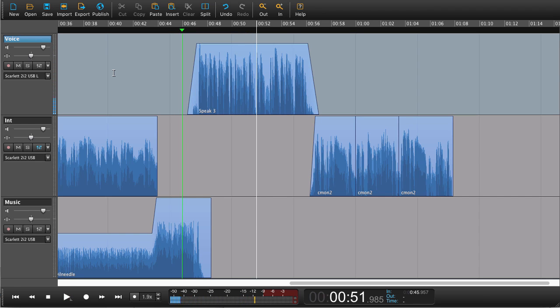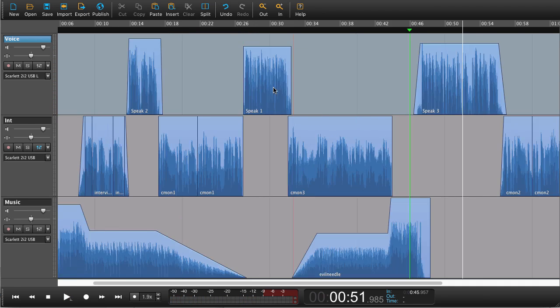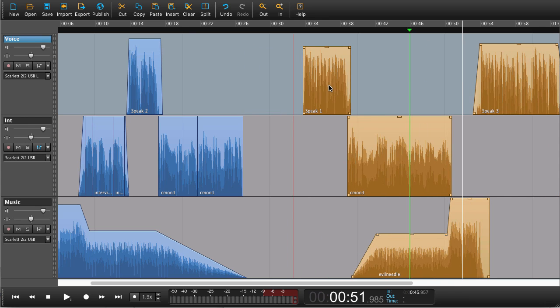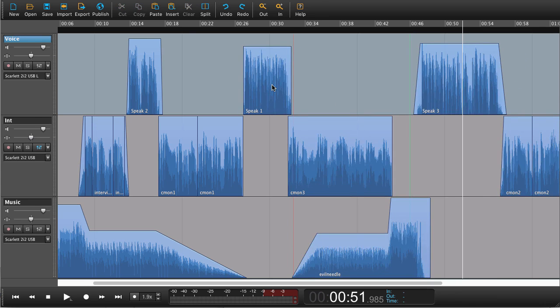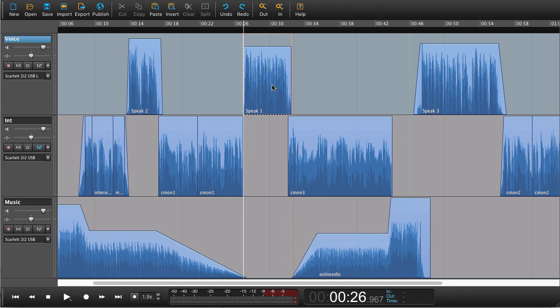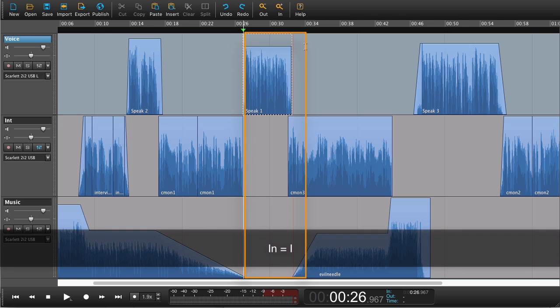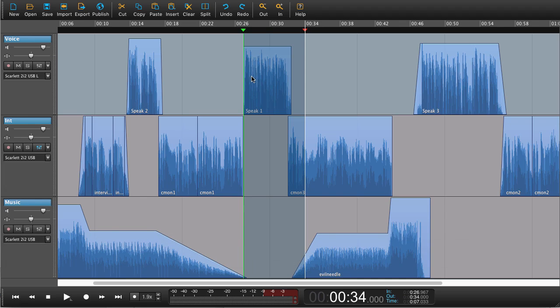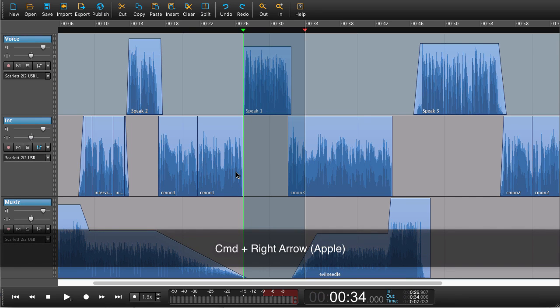And that sounds just the way I wanted it to sound. If we didn't want to use this trick here, by moving stuff like that, what we can do is insert some silence. Now, what we first need to do when inserting silence is create the area that we want to insert. So now I've just made a selection on all tracks. So basically what I'm saying right now is from this point here, we want to insert this amount of silence. Okay, so I now press Command right arrow, or on a Windows machine Control,